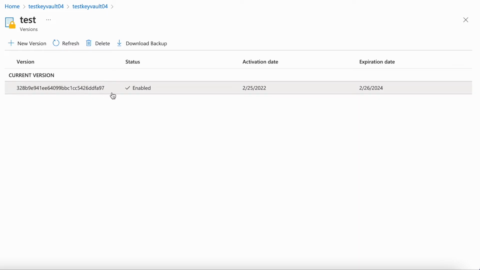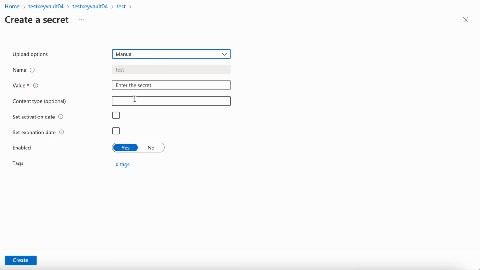Now the version, as I said earlier, is additional security for us. How? For example, we provided this version to someone in our company and he's using the version value as well as this key name to fetch this password. After some time, he left the company, but he still has this information with him. And we don't want him to access this information anyhow. So what we can do is always go and create a new version of this, keeping the same details,